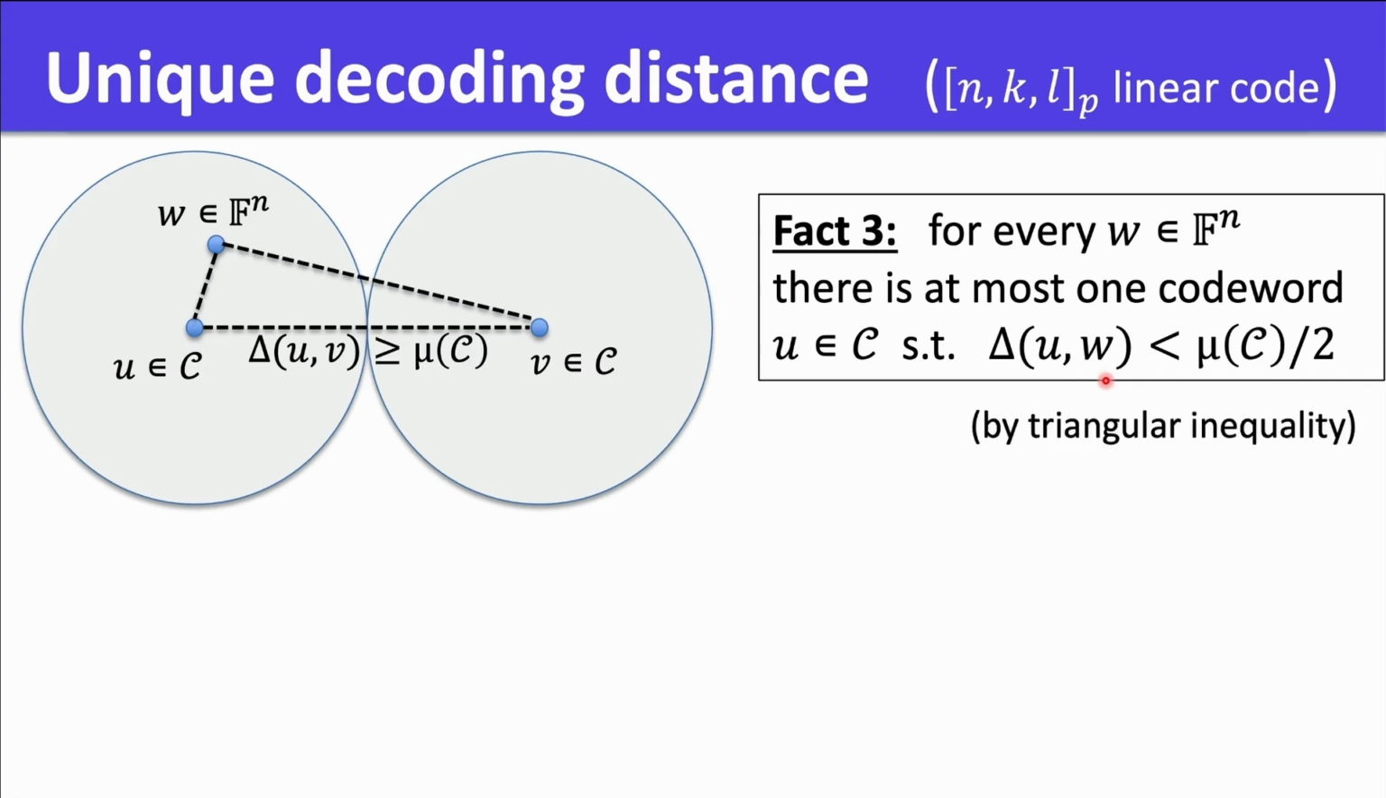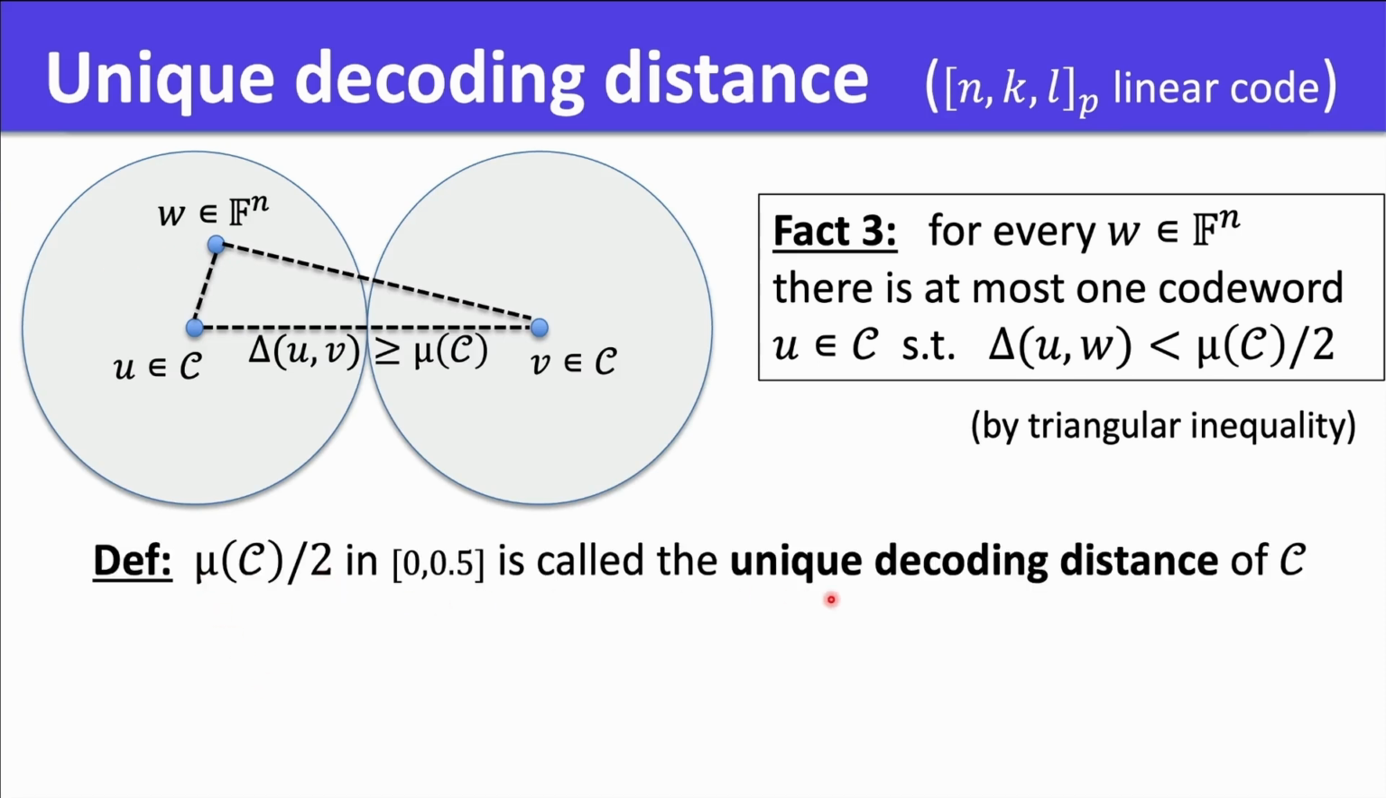And this is quite easy to see. It follows directly from the triangular inequality in that if there were two words, say u and v, at distance mu over 2 from w, then by the triangular inequality, we know that the distance between u and v will be at most mu over 2 plus mu over 2, and that would contradict the fact that u and v have to be separated by at least a distance of mu. So this basically shows that if we look at the word w and the code words at distance mu over 2 from w, there is at most one such code word. This is why mu over 2 is called a unique decoding distance,